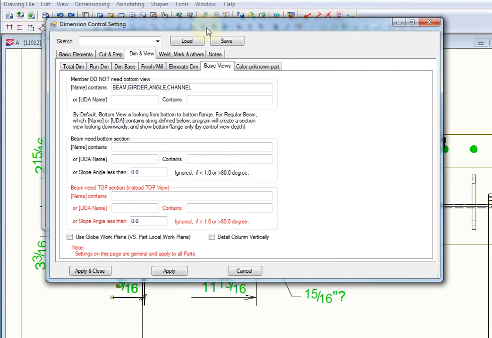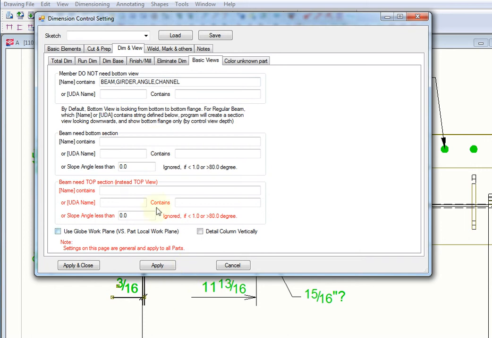Base view: by default you will have a front view, top view, and bottom view. Then you can eliminate the bottom view if you don't need it. For the column, for the beam, usually we don't need the bottom view, or you may want a bottom section. Then you can set it up here, same idea, based on the name, content, whatever. Then you can control a UDA, or you can go by slope angle. And also they have an option here,